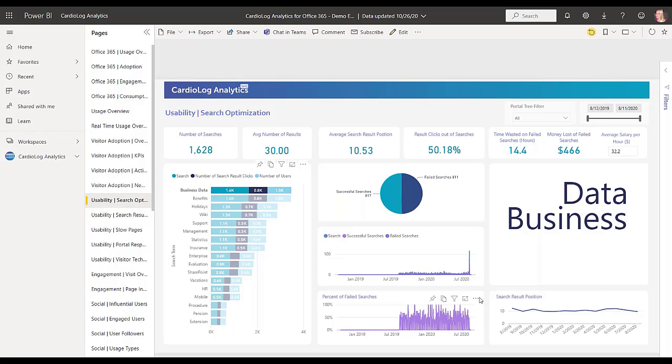You can also click on failed searches, and you can find out which of these terms people are having the most challenges with. And a failed search is one that obviously retrieves 0 results. So if I search for holiday calendar, all the results retrieved weren't relevant. So I went and searched again. And the whole idea here is that people are wasting time and they cannot find what they're looking for. Again, once you know what they are looking for, you can then surface that and save a lot of time. And you may need to also look more in depth into your search schema or queries in order to improve